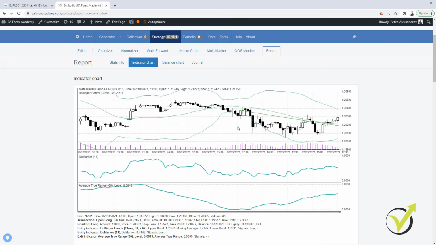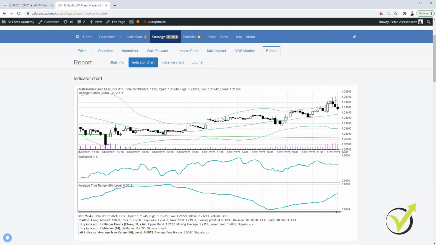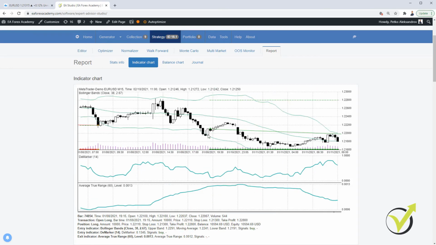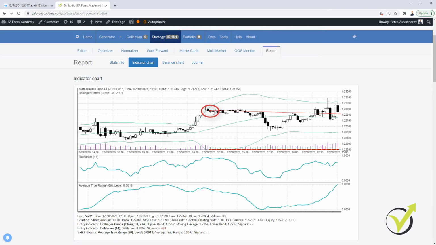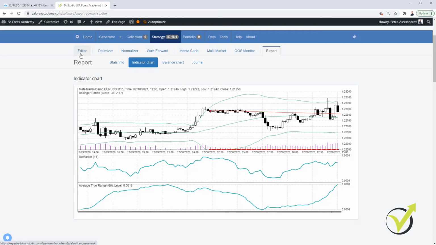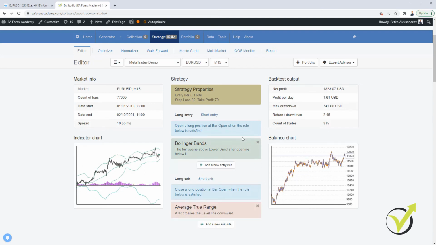If I go through the chart, you see where exactly we had a buy, and here are more trades. So let me just press Control and left arrow. You can see where I have another buy, and if I press it again, I will see another buy, and here is another short. So I know exactly at which date, what moment, what were the values, where the trades were open and closed, and I can easily find the best parameters for that strategy, for that time frame and that asset.